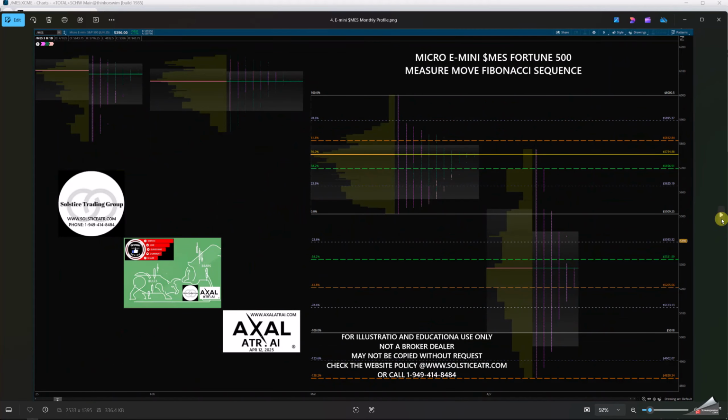Let's go to the next slide. What I put here is the monthly monkey bars, or volume profile. The volume profile is on the left. The time spent is on the right. I took the Fibonacci from high to low on the E-mini, which is the S&P 500. You can do it on SPY, QQQ, Apple, Amazon, and so on. We took the highs and lows. We extended the extensions to the low. We did 138% to the downside in the S&P 500, and we eventually found ground. This is the monthly profile on April so far. April has not closed. We are coming at a balance, and we rallied back up to close in this area.